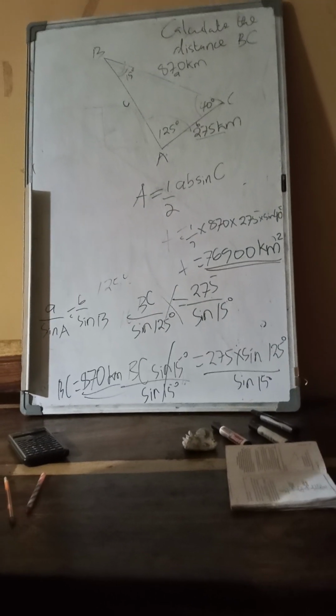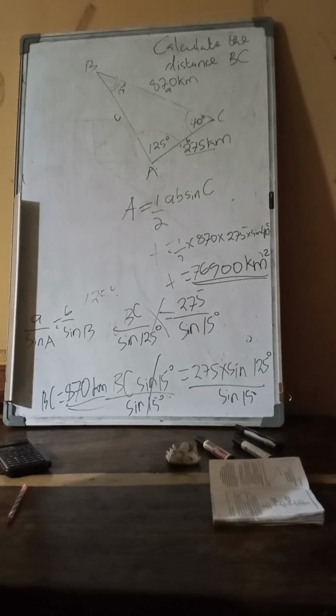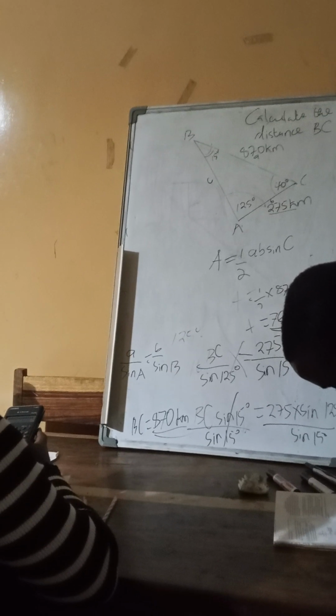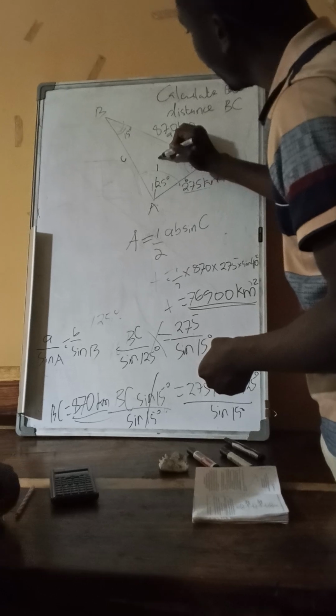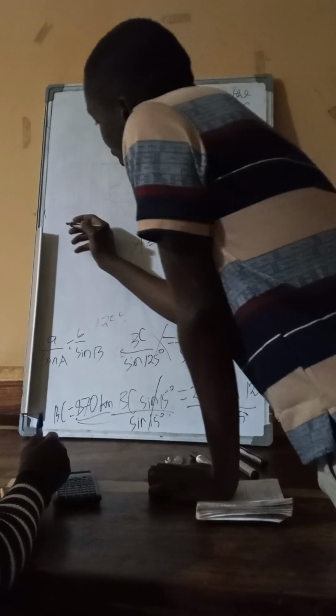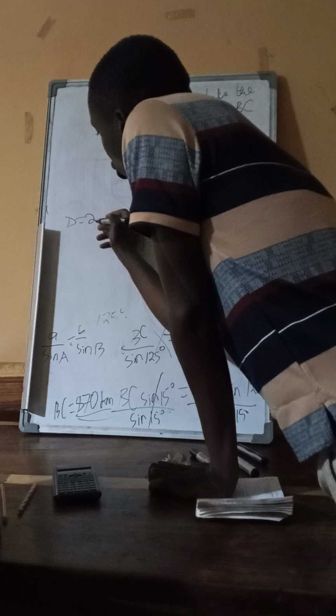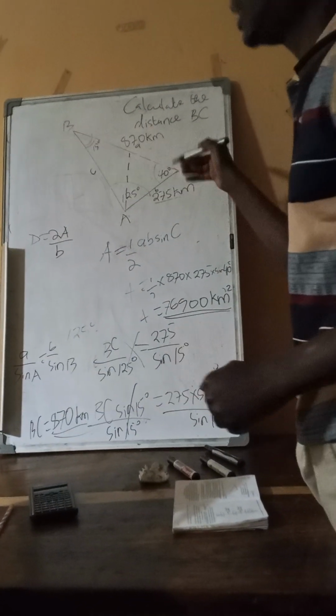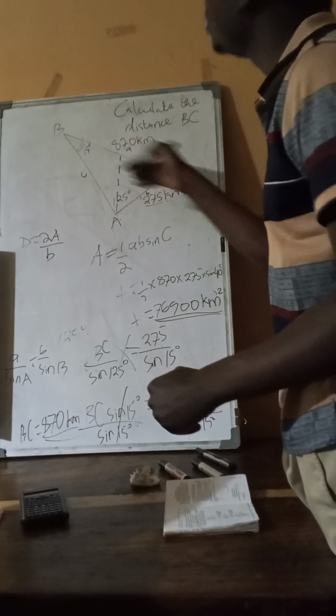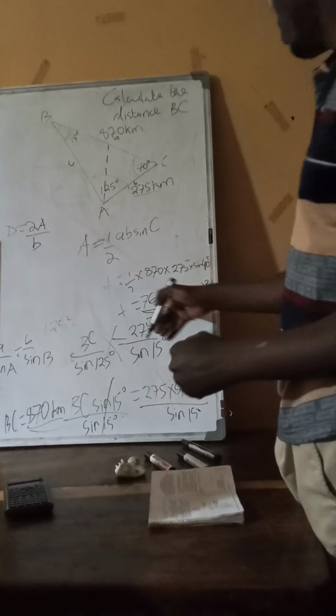Any question on the area? I'll answer. You have the third question. Find the shortest distance from A to BC. The shortest distance is given by the formula 2 times area over base. They are saying from A to BC, so the base is BC. The area is the same one that we have found. So shortest distance